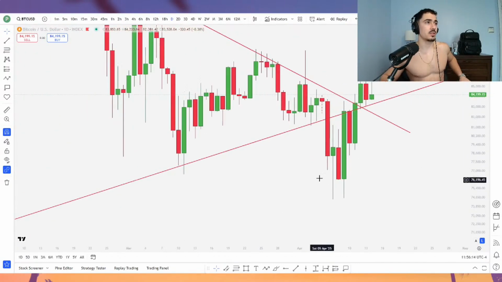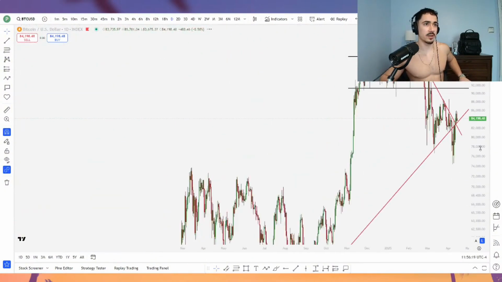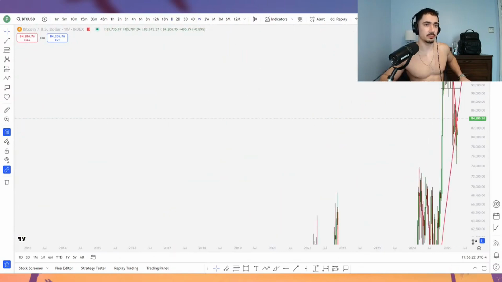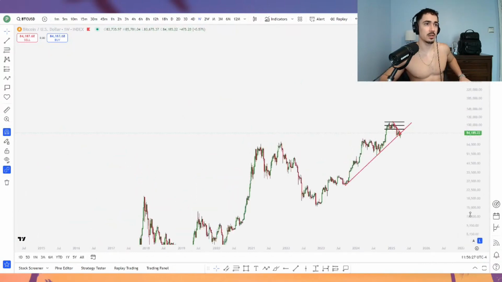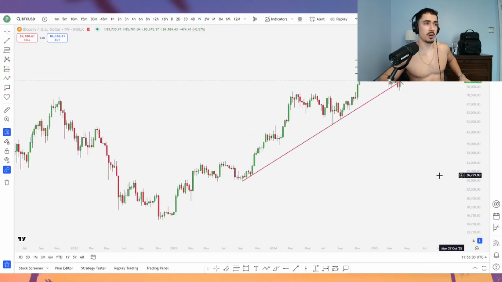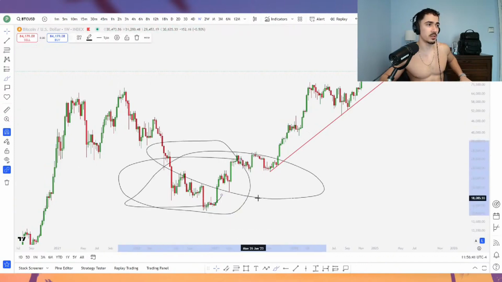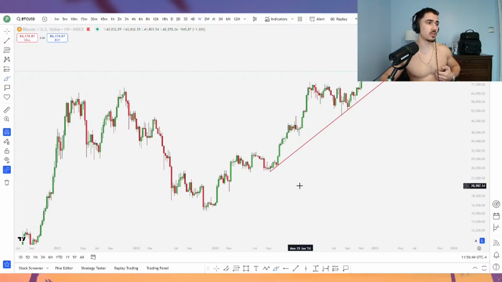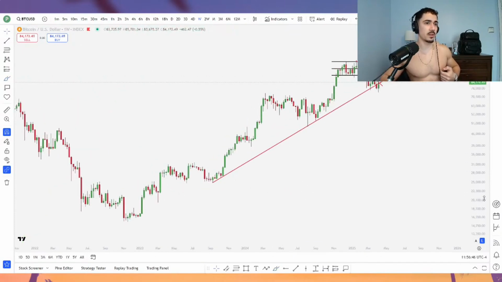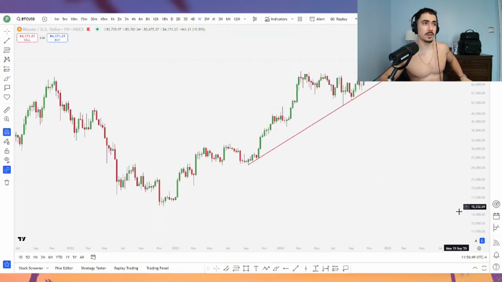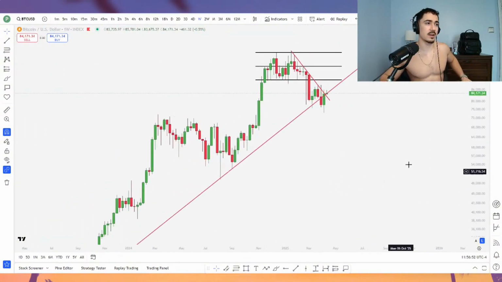Okay. So why I had flipped bearish temporarily is this trend line right here. Okay, let's put it on the weekly. This logarithmic trend line, bull market trend. So the start of the bull market for Bitcoin was right here in September of 2023. We broke out of this bear market reaccumulation range, which was right here. And then we started this bull market uptrend. This uptrend has been perfectly respected this entire bull market.